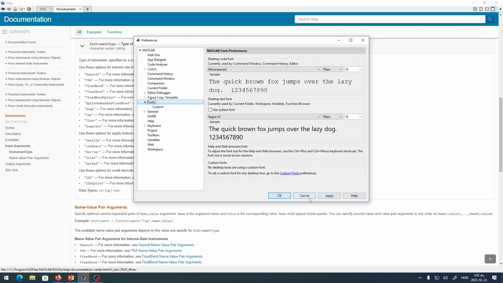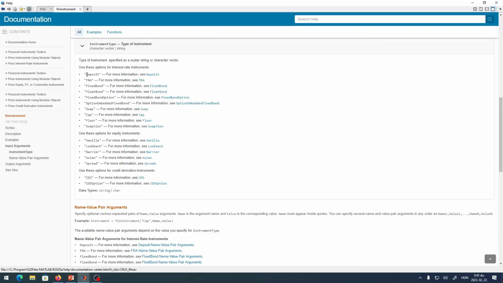Yeah, you can see it, okay, whatever. So you can see that deposits, the FRA is the forward rate, fixed bond, float bond, fixed bond option, option embedded fixed bond, swap, cap, floor, swaption,